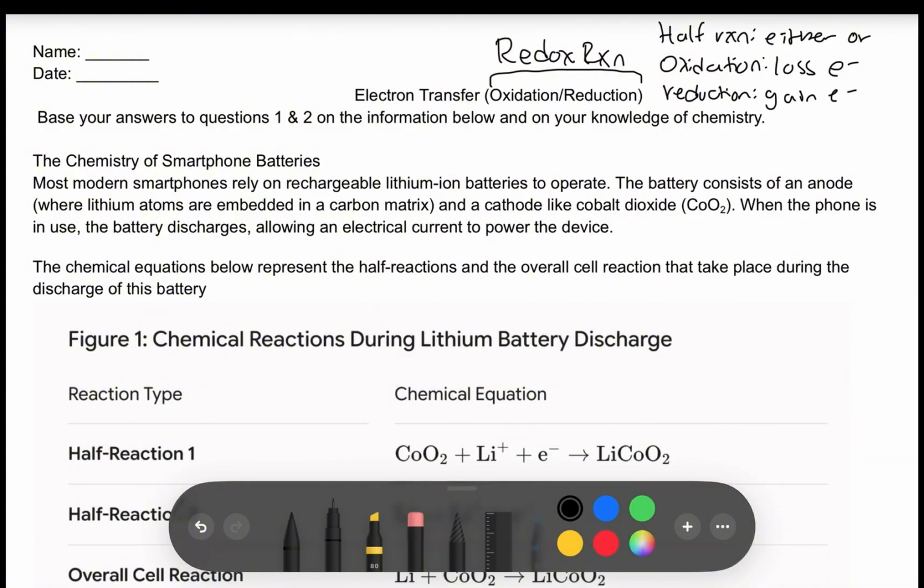So a way that you can remember this is through OIL RIG. Oil: oxidation involves loss of electrons, reduction involves gain of electrons. And whenever an atom gets oxidized, it's going to become more positive. It's going to become a cation because it's getting rid of that negativity. But when an atom gains electrons, it's going to become more negative because it's obtaining the negative charge of that